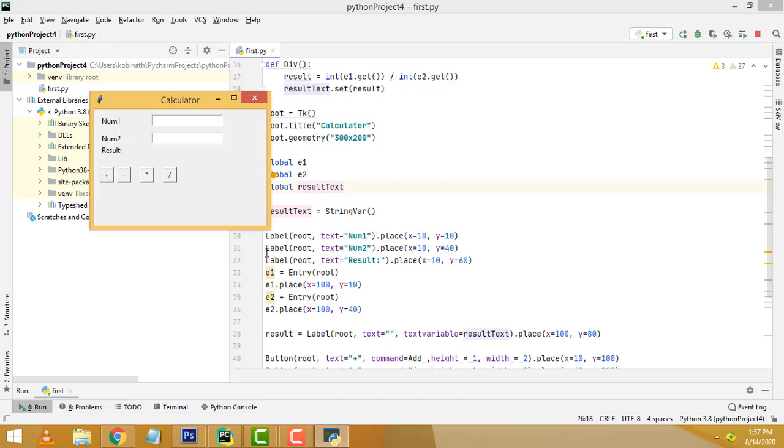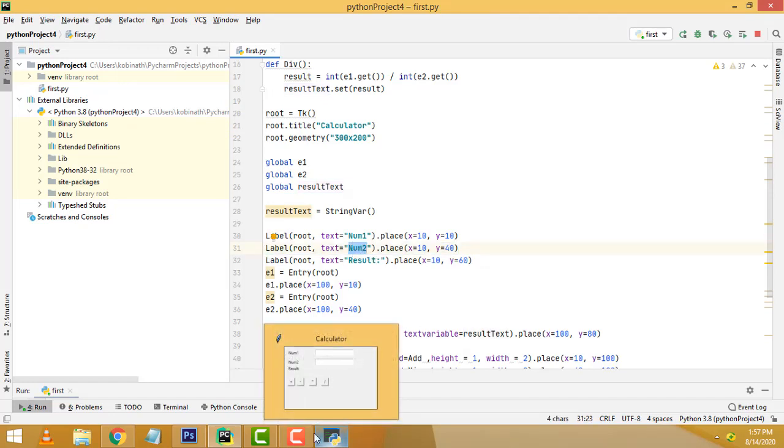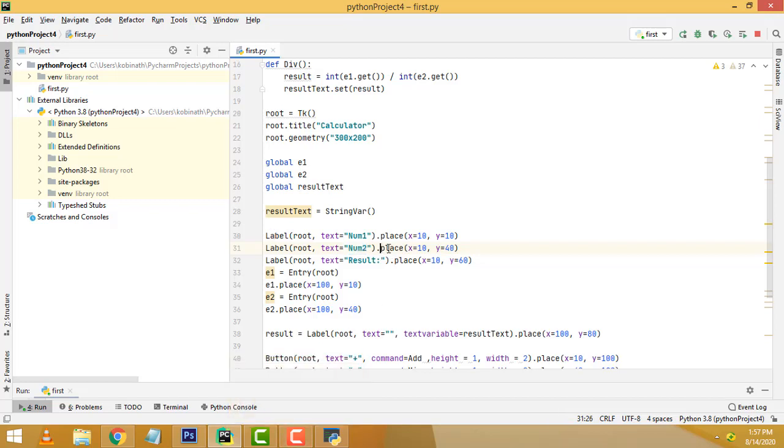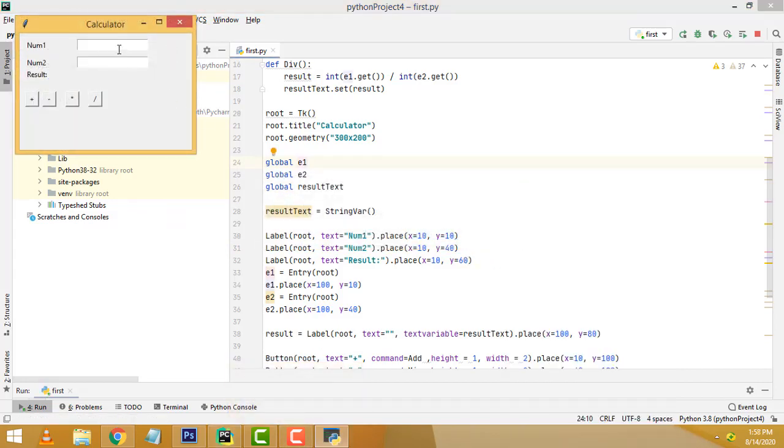The same thing. After that, I have implemented the second label. This text should be num2 dot place. Here I haven't changed the x, I have only changed the y, from position 10 to position 40. The x means this x, y means here it goes like this. This one should be 40. You have to give the space, so we put y here 40, right? If you put 20, it is here, so you have to use 40 to manage it.